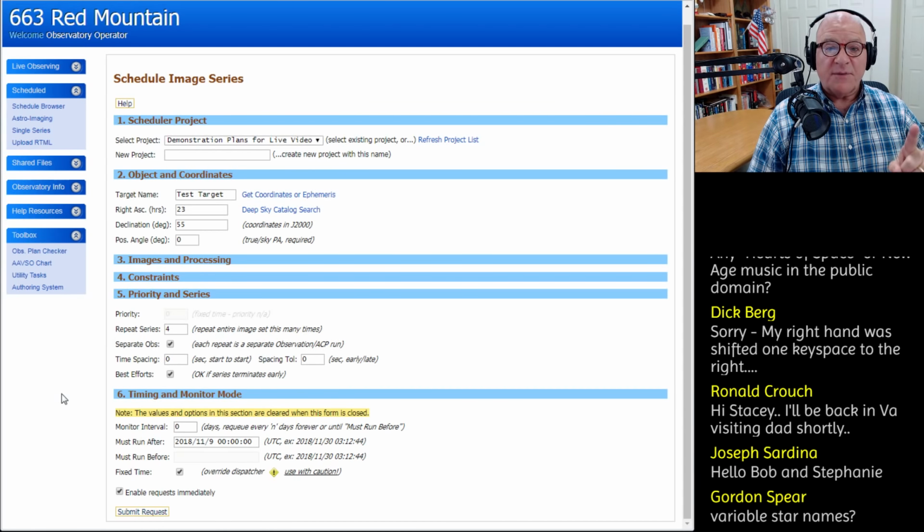Now, I want to say something. Don't use this for minor planets and comets, because you can have the scheduler do the ephemeris for that and run it whenever it needs to, and it'll calculate the ephemeris at that time. So don't put in hard coordinates for a comet, for example. What's that? 49P is the one that's headed our way now, I think. Wirtanen or whatever it is. Anyway,